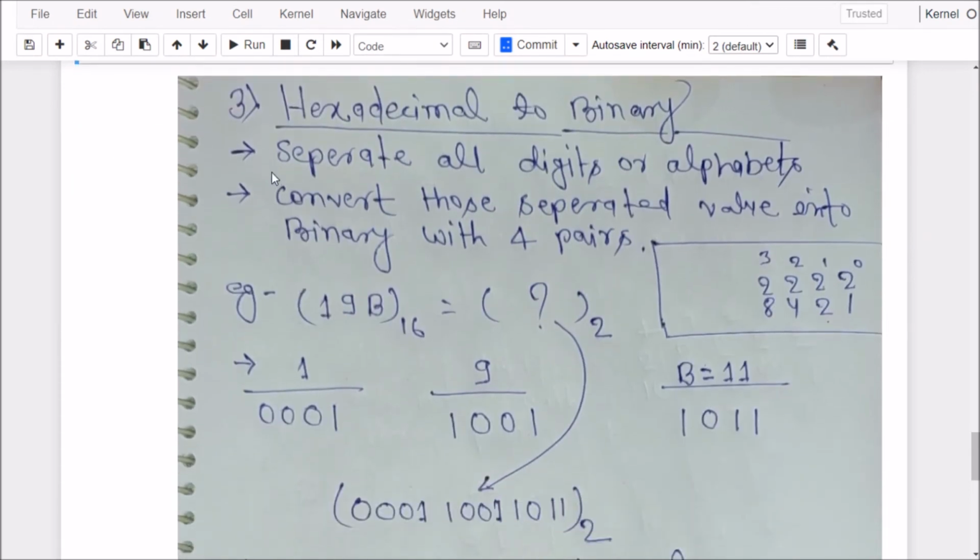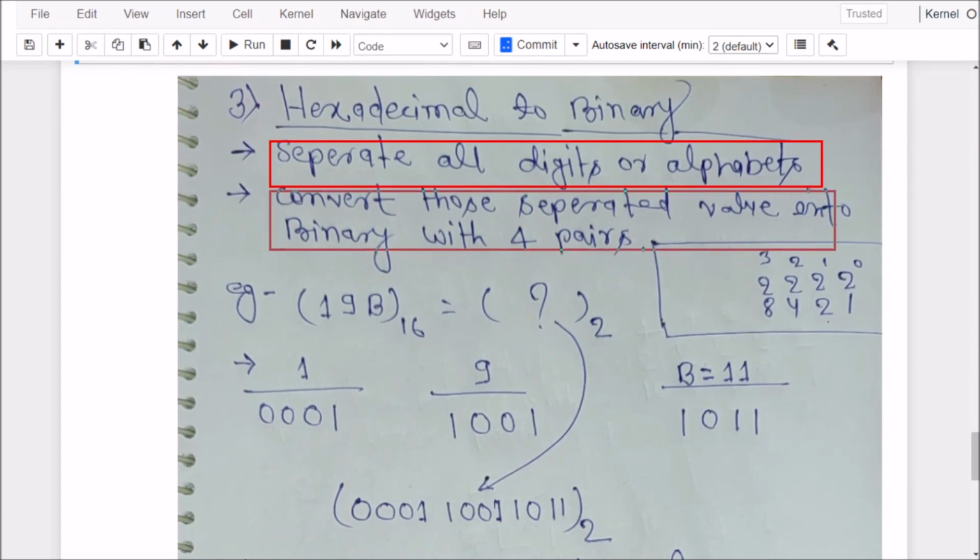The first point we should remember: separate all the digits or alphabets, and then convert those separated values into binary with pairs of 4. In octal we have seen pairs of 3, and in hexadecimal we have to use pairs of 4. So how to convert it?